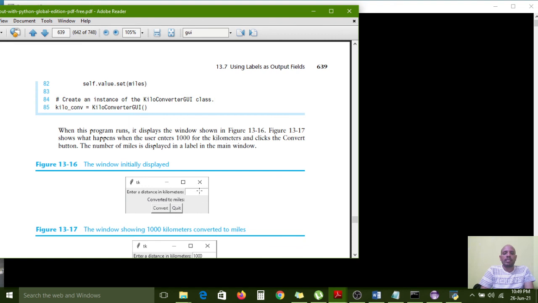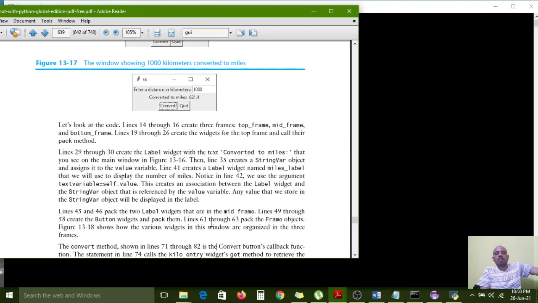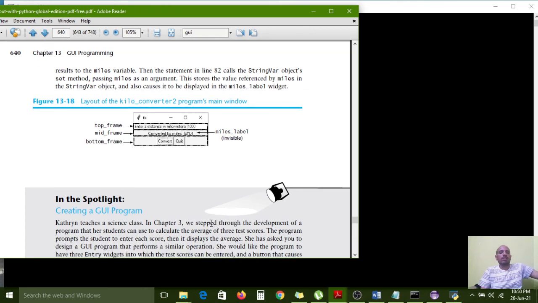First you enter an input in this box. After that you need to press the convert button. When you click the convert button, internally it contains one callback function. That callback function will execute, and after that it will generate one result. That result will be printed here, converted to miles, in the label after the space. Down below you have one more output, so you can see that there. That is the option, right?